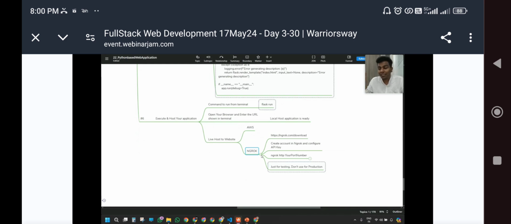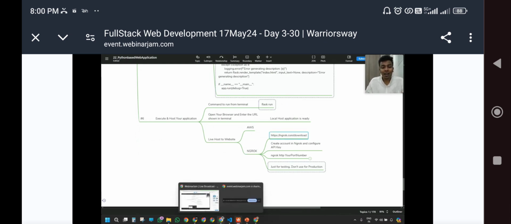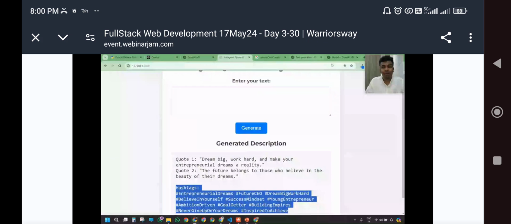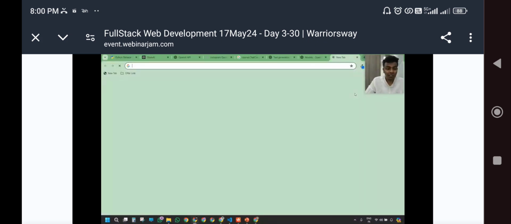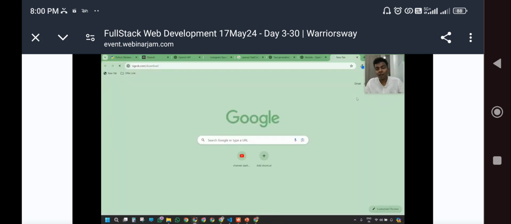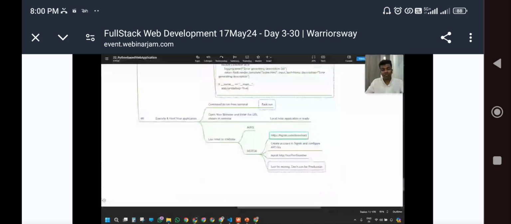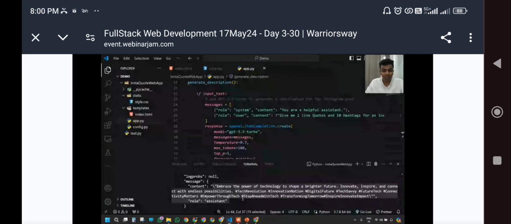But if you are just doing it for testing, you want to share it with your friends and interact with them, you can just do it with the help of ngrok. So what you guys do is, go and download ngrok or create an account in ngrok. I've given this URL to you. How it will work is, first you need to launch this existing application, Flask run and those things.